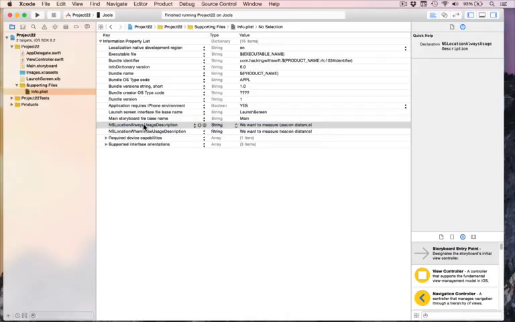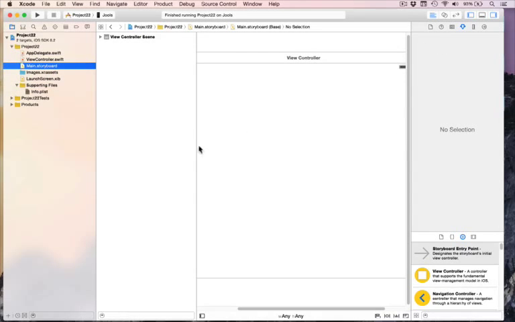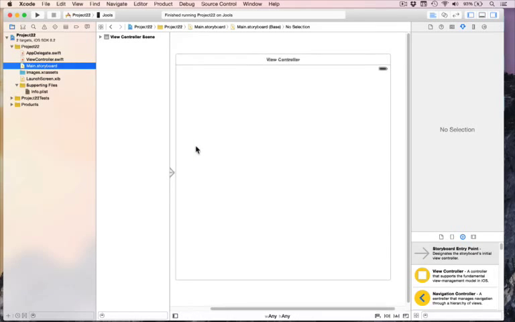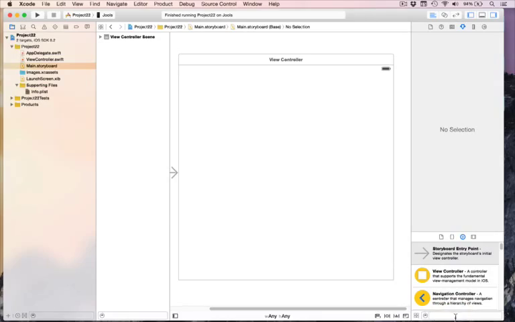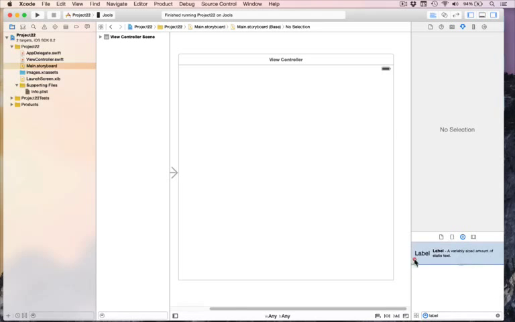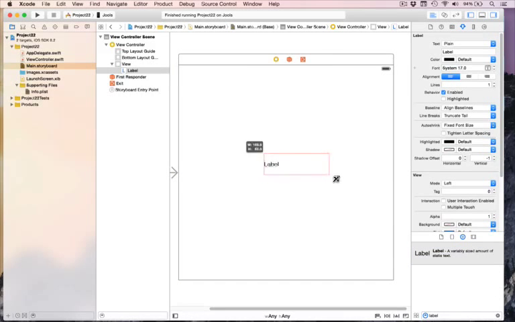So let's get moving on with some actual work here. Choose main.storyboard to open up Interface Builder. I'll make my screen a bit bigger. There we go. Make a bit more space for that. There's my view controller. I'm going to draw in there a large label like that. Make it nice and big. I'll write in there all caps "UNKNOWN", because this app will show how far away my iPhone is from my